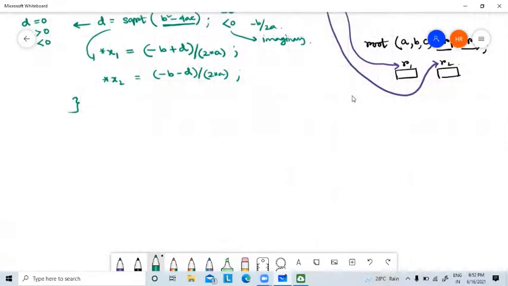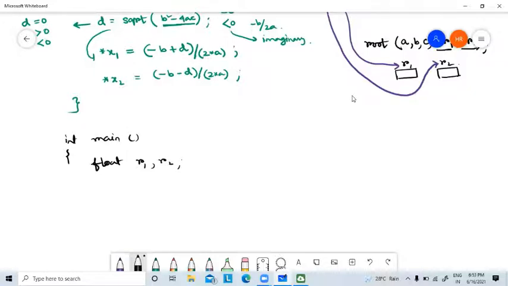So the main function will be like this: int main, then float r1, r2.